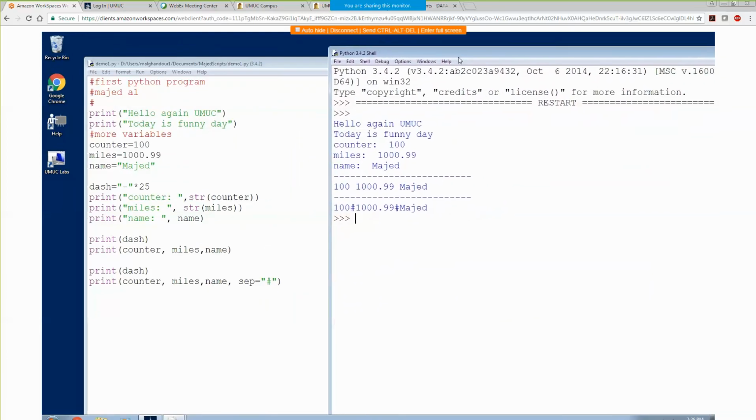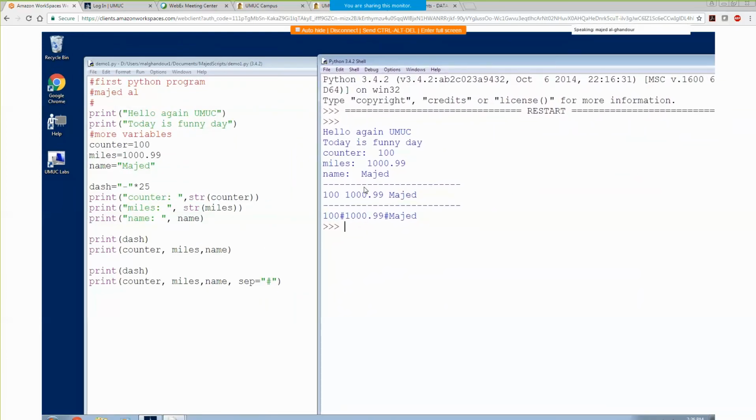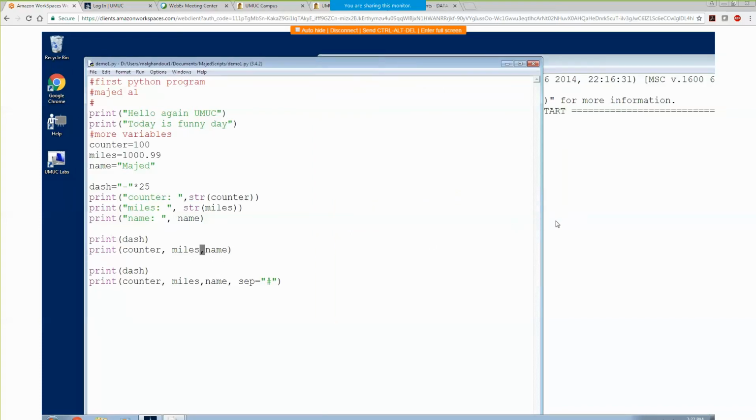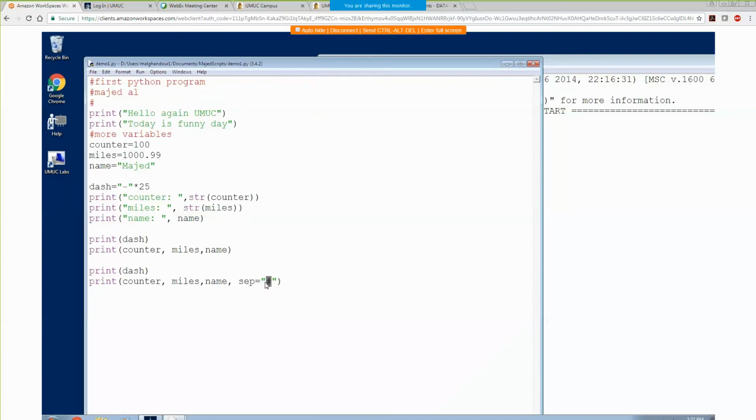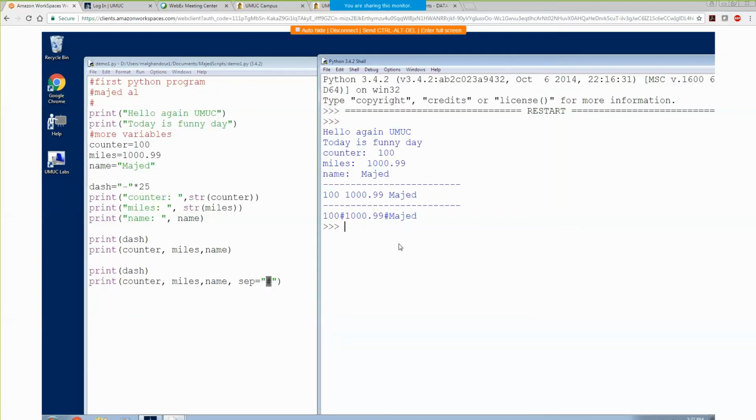So here's the result, a very simple Python example. So you see the dash, very nice, can separate your output a little bit, clear. And here's the 100, which is the counter. See the comma to concatenate, but there's a space between them because of the default space. Then the mouse is 1099, then another space. That's coming again when you concatenate that. Then you have the name as well. The next one, we added another dash. Then you put any special character as a separator, part of the print function that you work with,